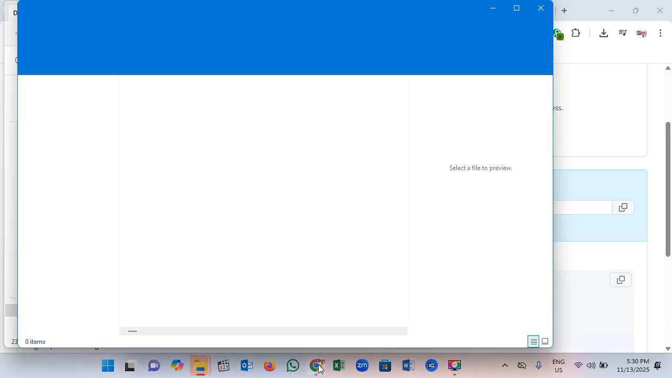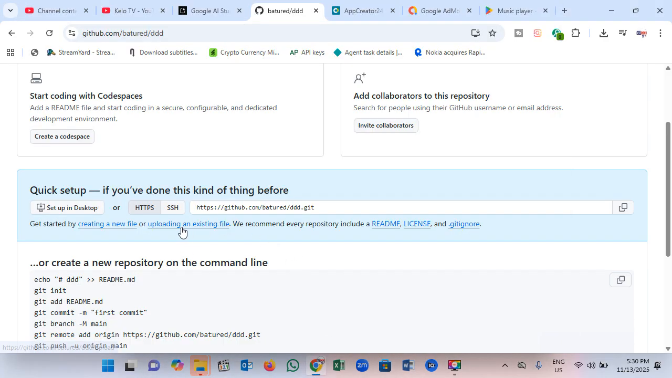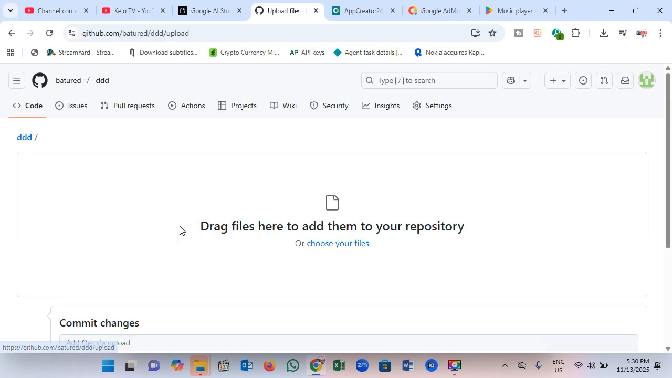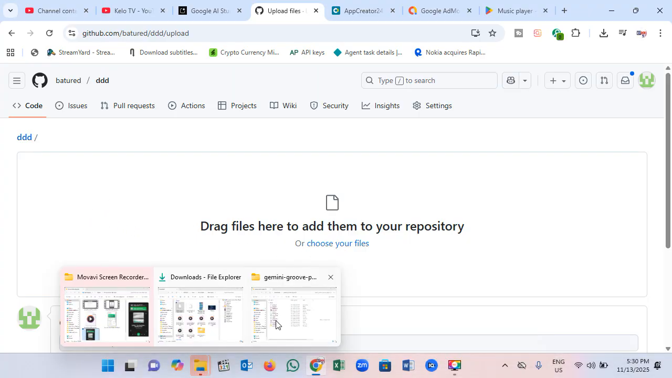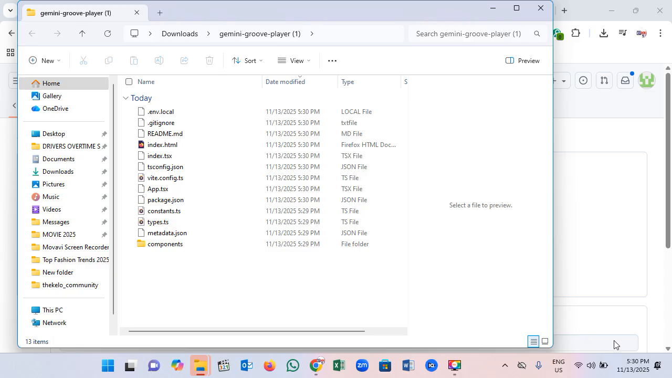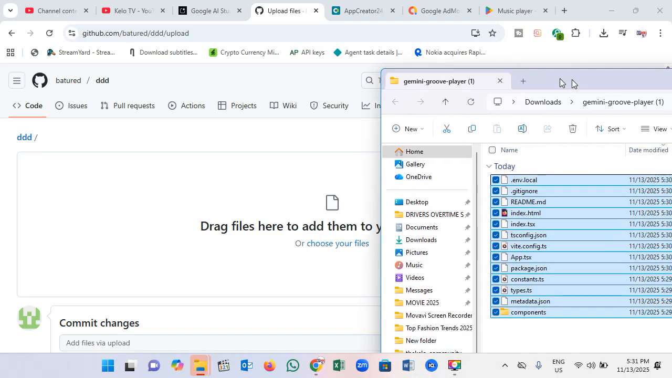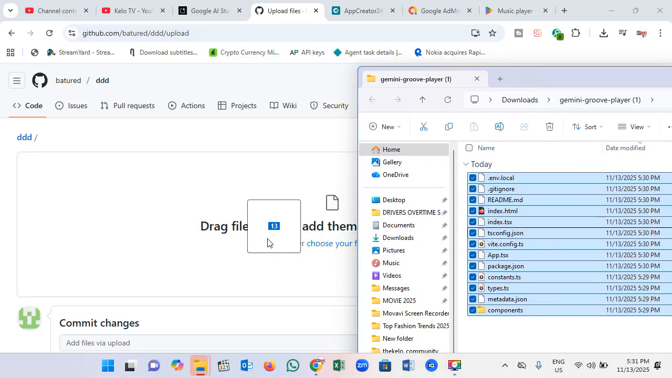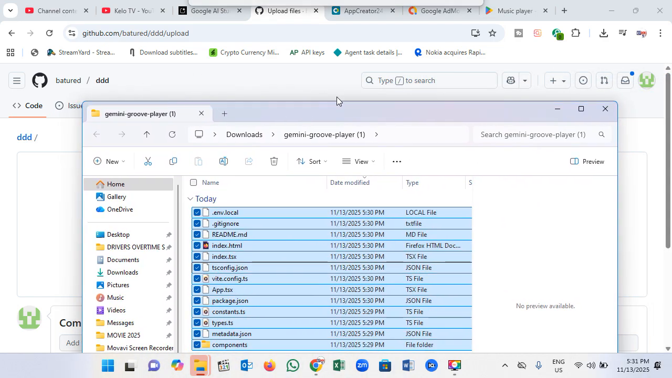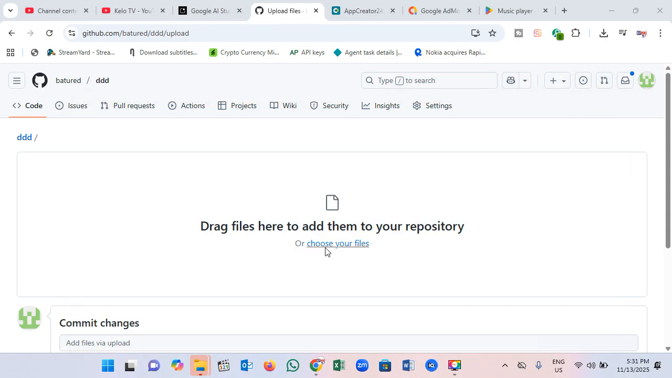Okay, so now we go back. Now we can click on upload files, and here we can drag all the files. So these are all the extracted files. So you can either copy it like this, and you move it this way, you copy like this, you drop, or you do like this, you click